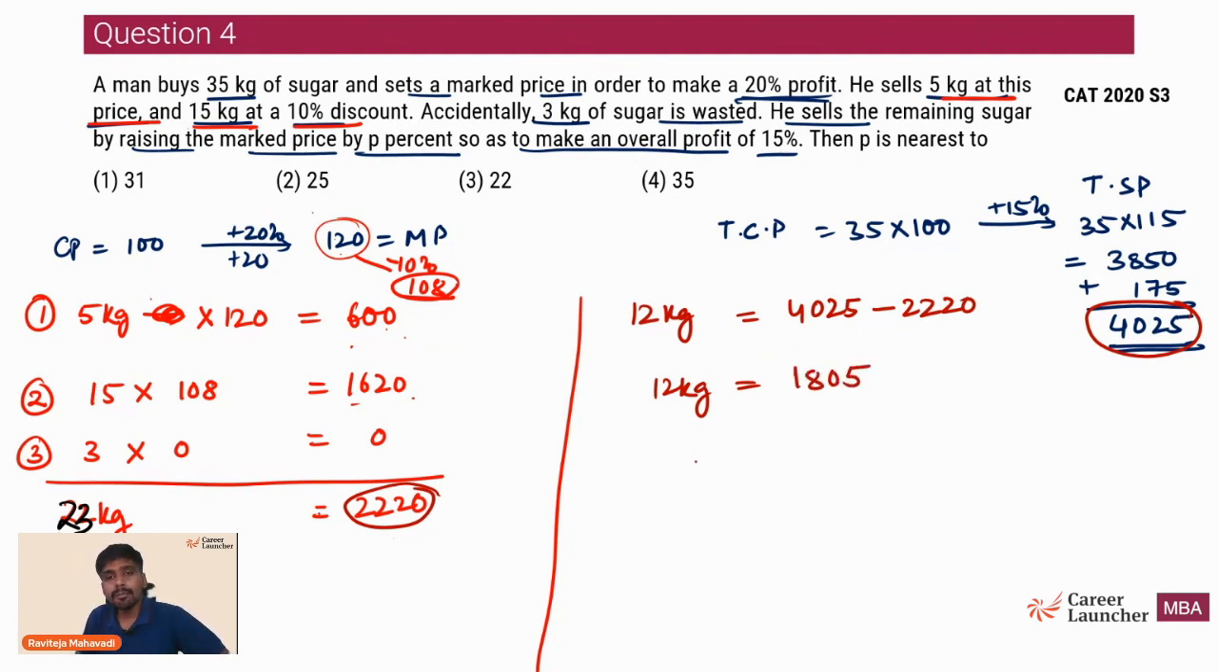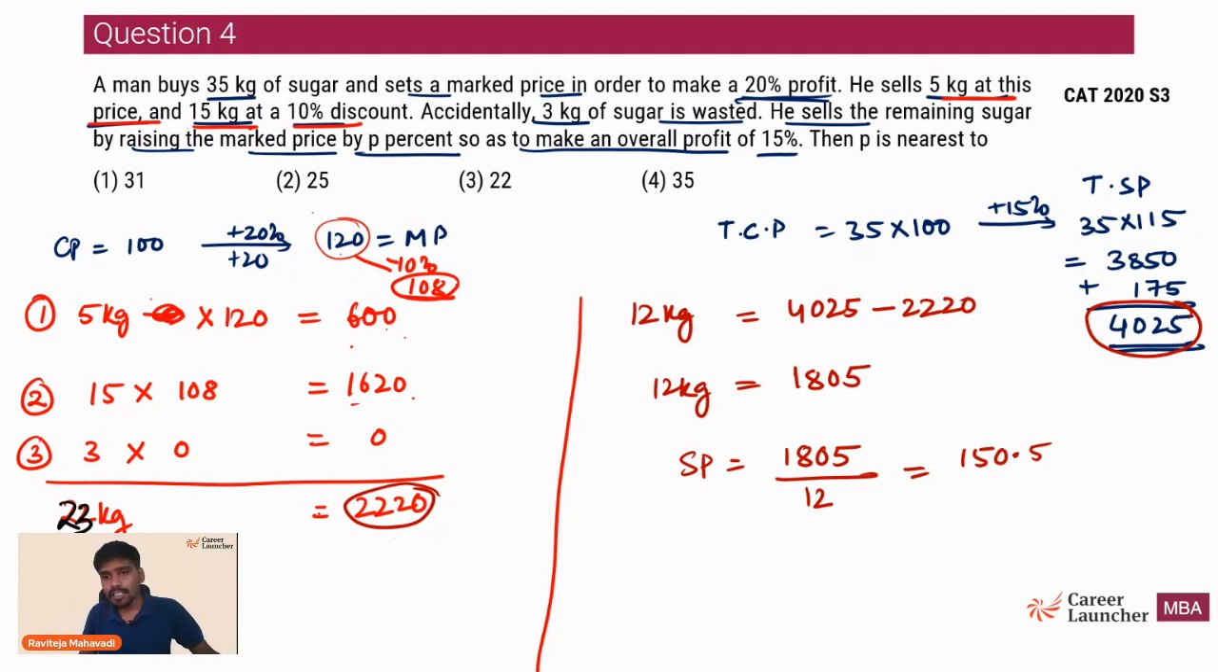So the selling price per 1 kg here is 1805 upon 12, which is roughly 150.5, just less than 150.5. So 150.5 is the overall selling price for the remaining quantity. Now if you look at it,